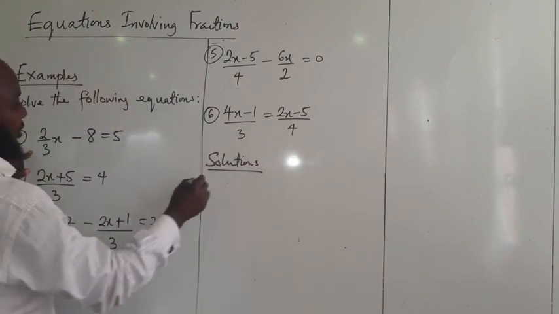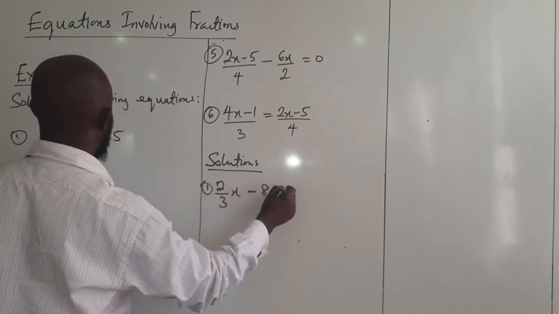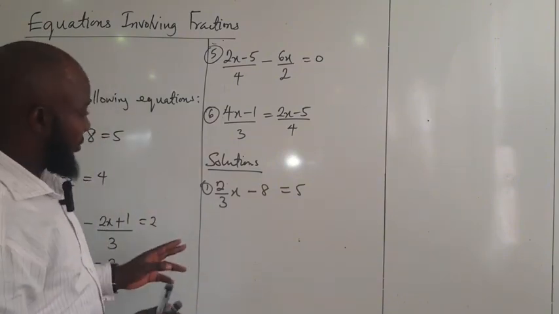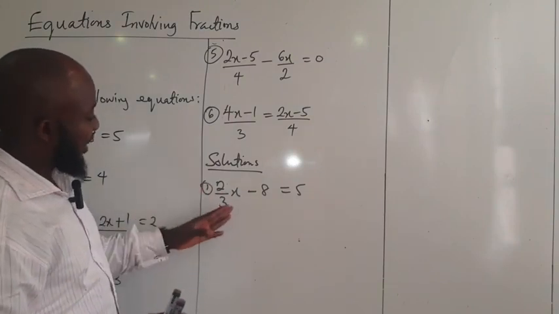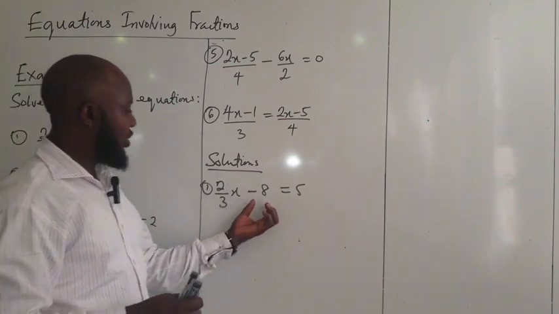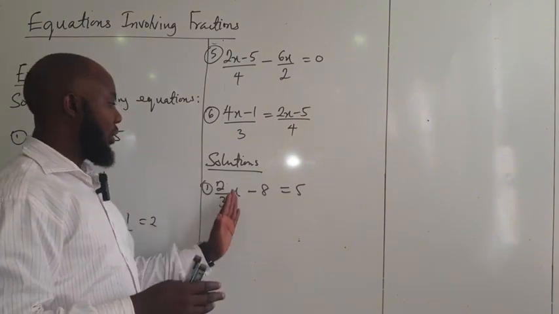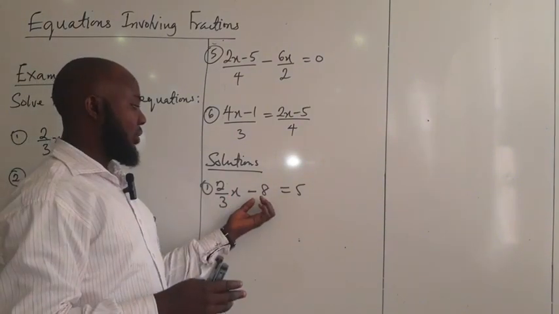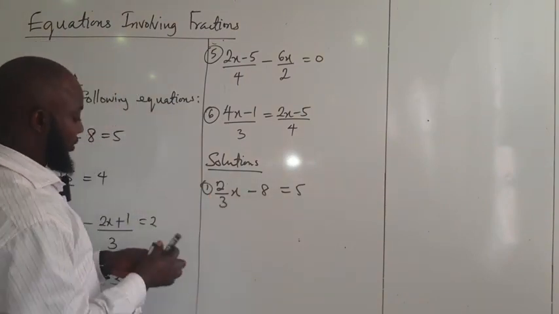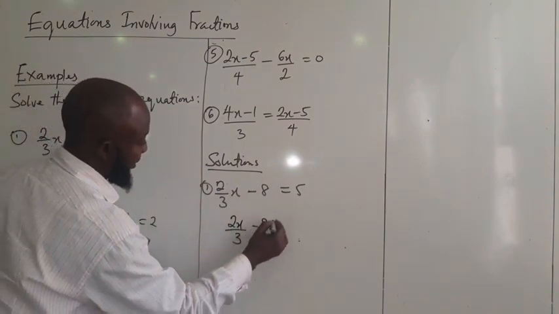We have 2x divided by 3, minus 8 equals 5. Now, anytime you have an equation involving fractions, the first thing we look at is how many fractions we have here. We only have one fraction. So what we are going to do is take the minus 8 to the other side, while this is a fraction, let's write it as a full fraction. In that case, we're going to have 2x all over 3 minus 8 equals